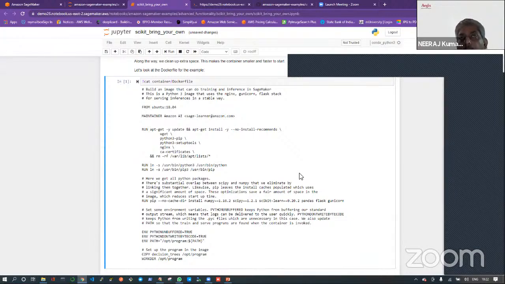Whatever you want to put in your image, all those things will be mentioned inside the Dockerfile. It is a simple text file where you can mention all the steps or all kinds of raw material you require to run your programs inside a container. So using a Dockerfile, you create an image, and then you pull that image and create a container to run it.